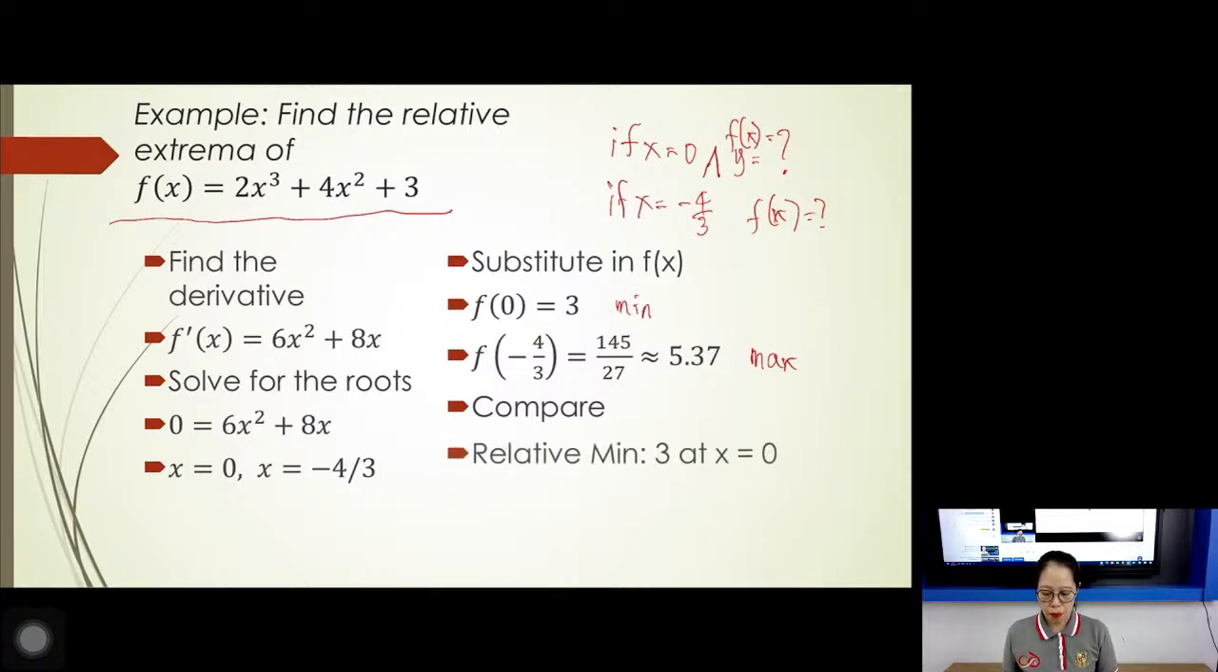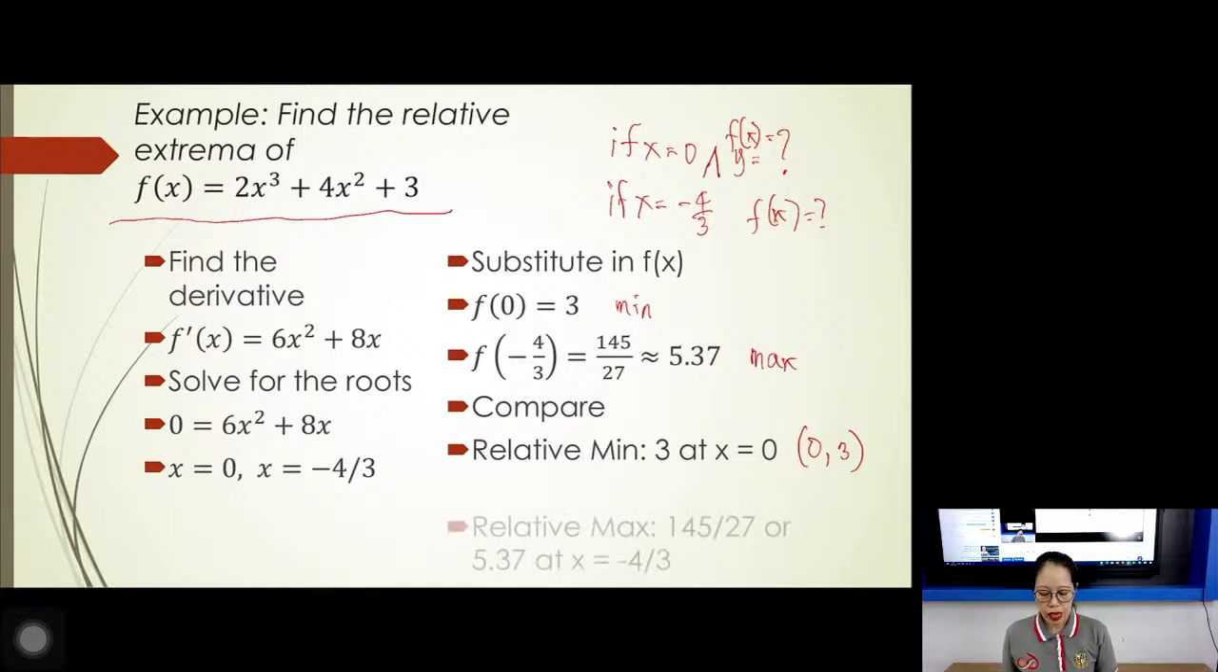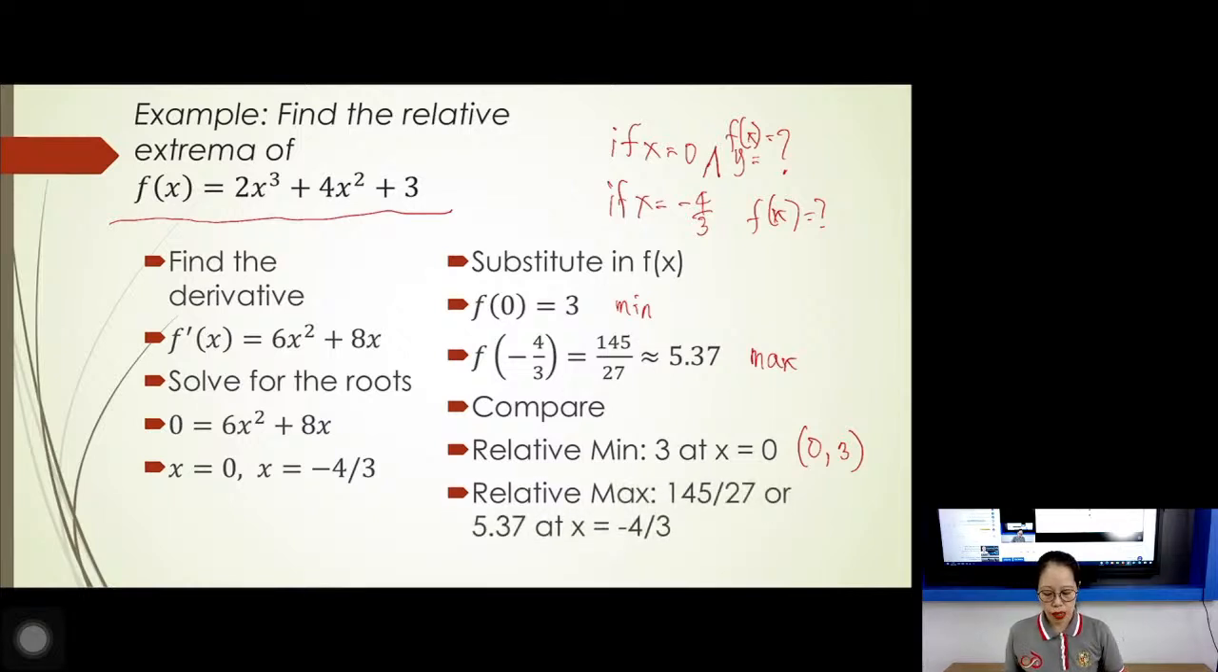So after comparing them, you can now write your conclusion. Relative min is 3 at x equals 0. Now you can write this as an ordered pair, (0, 3). Okay, x is 0, y is 3. Our function of x is 3. This is our relative min, and our relative max, of course, is the other one, which is